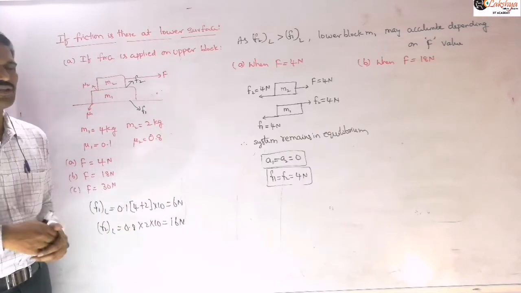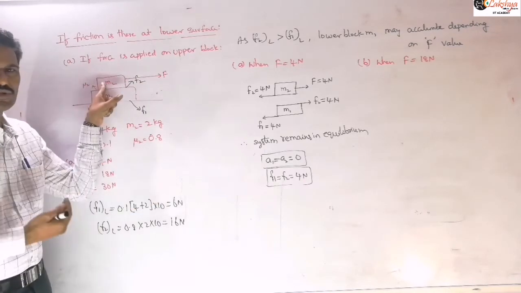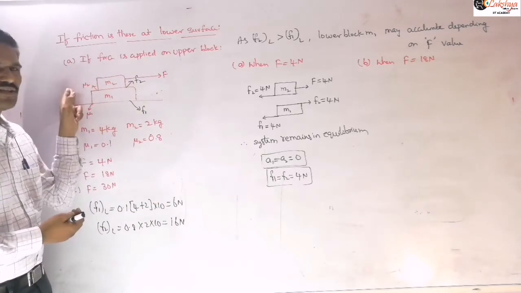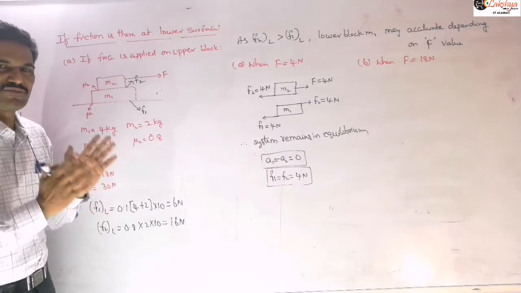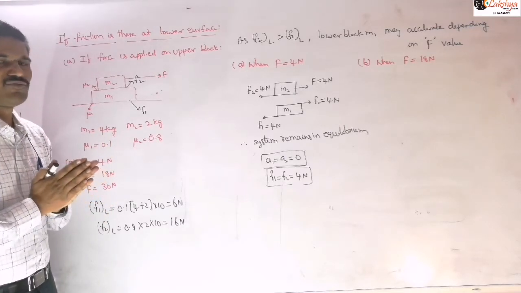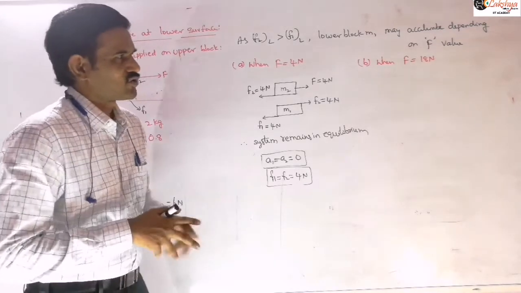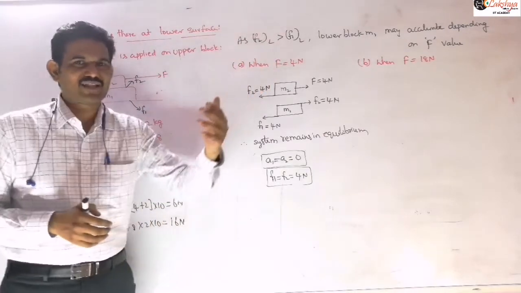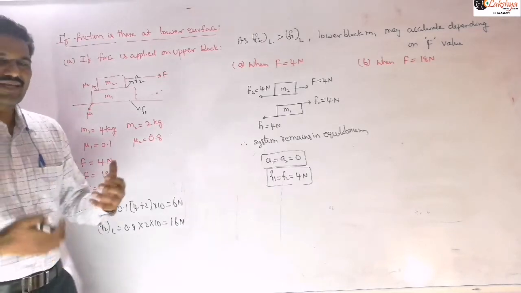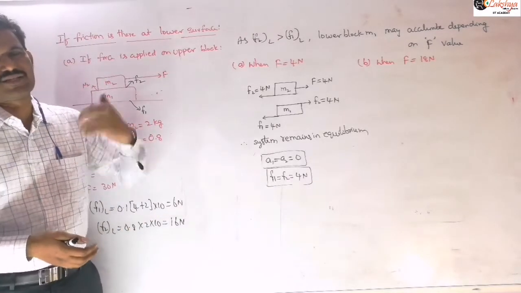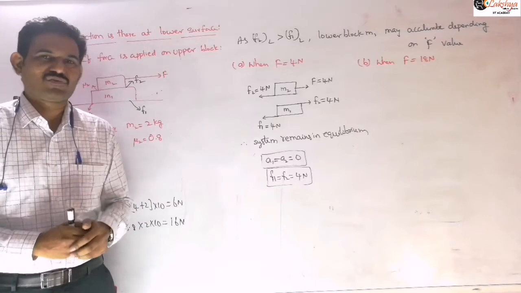So generally just by observing that value 18 newtons, what we can conclude is here force is 18 newtons, but here this limiting friction is 16 newtons only. And so as F is greater than this F2 limiting, relative slipping will be there between those two blocks. That is our general thought, right? So then with that general thought, don't attempt this, try to solve this problem. So when such a case, when applied force is greater than this F1 limiting, then what we can conclude is there is possibility for acceleration of the system. So then we assume that system is moving with common acceleration. That means once the system is accelerating, you need to assume that system is moving with the common acceleration there.